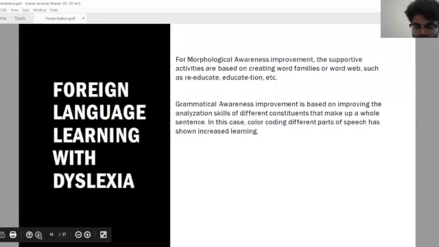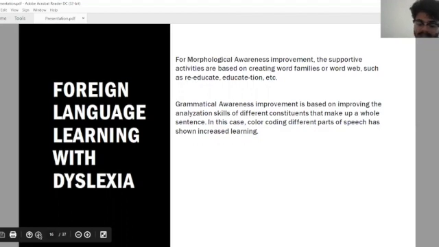And for morphological awareness, they can expect supportive activities based on creating word families or word chains or word webs, such as re-educate, education, etc. So breaking down these morphemes and creating a network of these morphemes, actually. And finally, grammatical awareness improvement is based on improving the analysis skills of different constituents that make up a whole